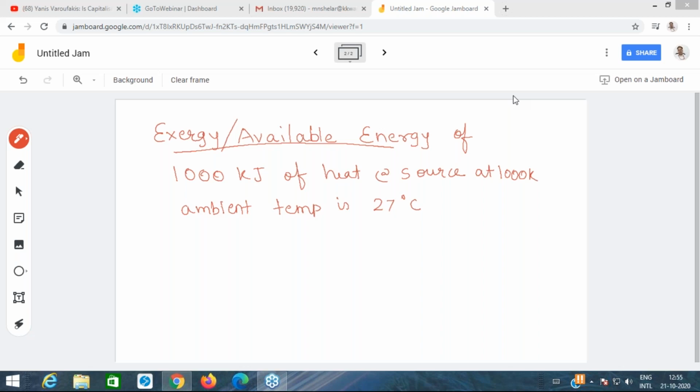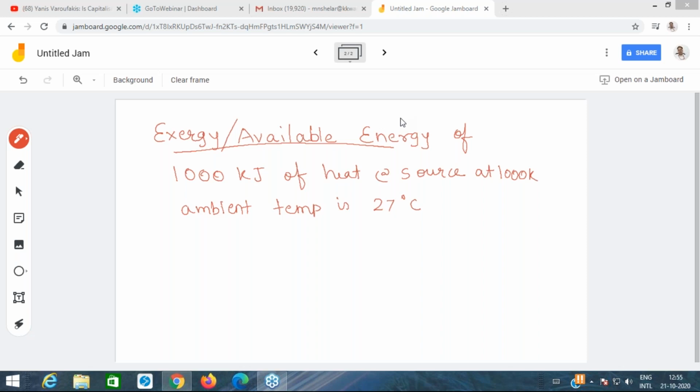In order to calculate the available energy or exergy, we need to do a thought exercise. What is the thought exercise we need to do? We need to do a thought exercise if I want to calculate the available energy of the heat. We need to assume something, right? If I want to calculate the exergy, what is the thought exercise we need to do? Because exergy is the maximum work potential, so we need to,